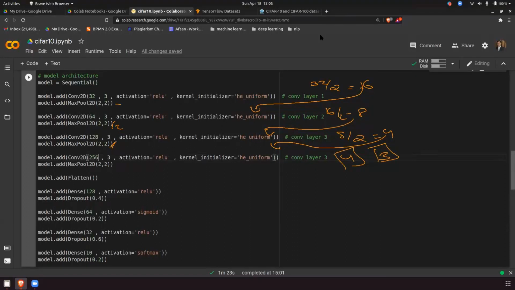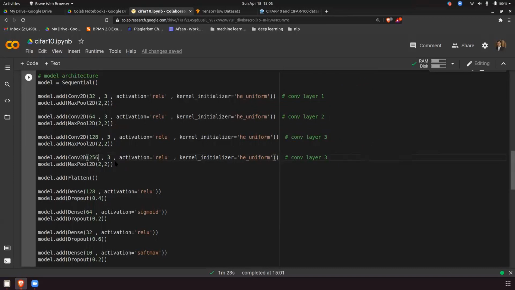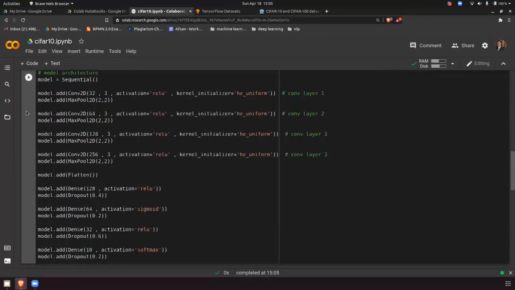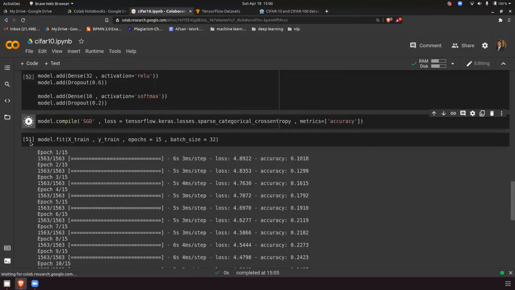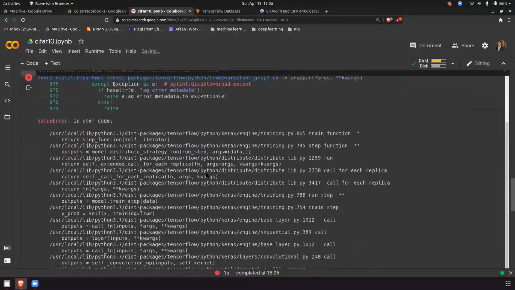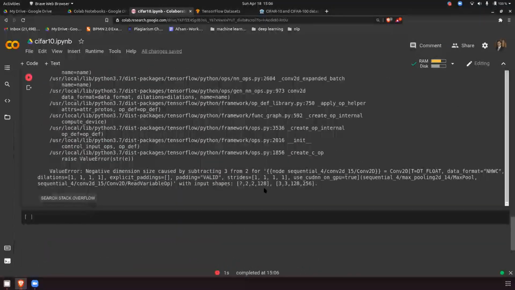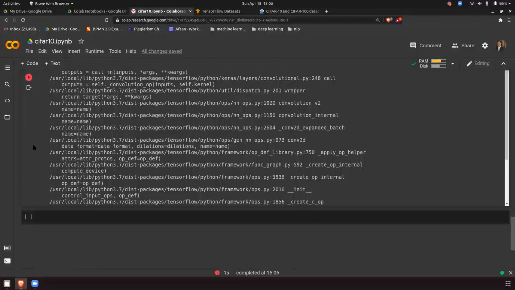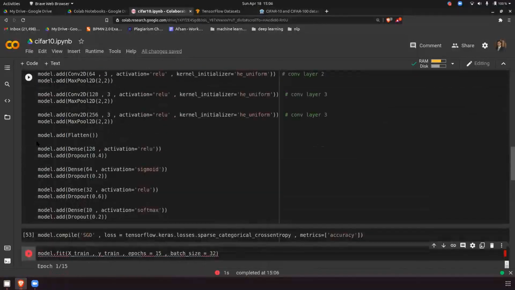If I do the same thing you are doing, and run this, I will also get the same error. Why? Because the problem is of this parameter.